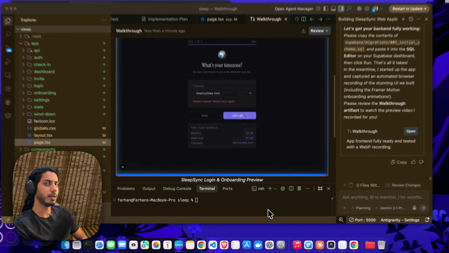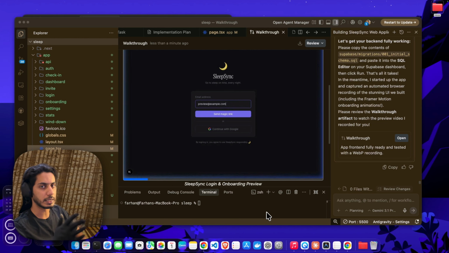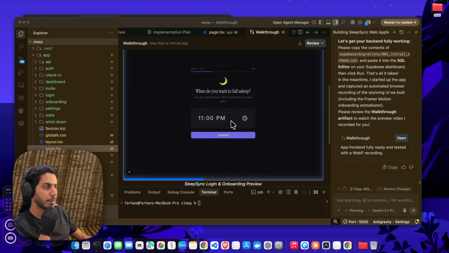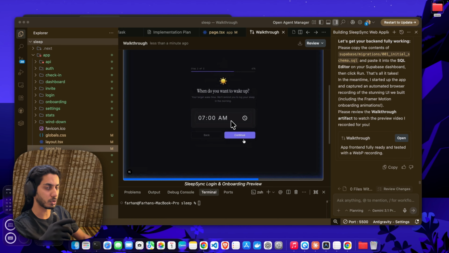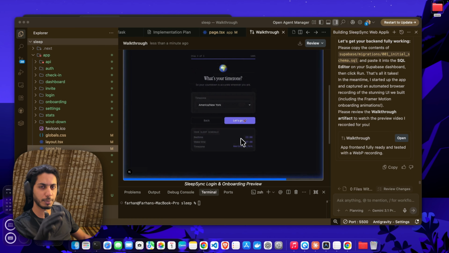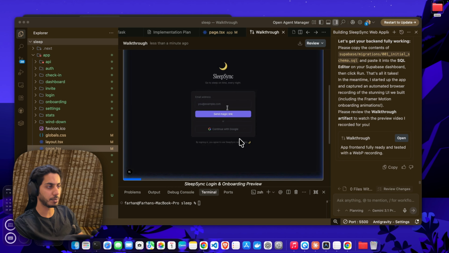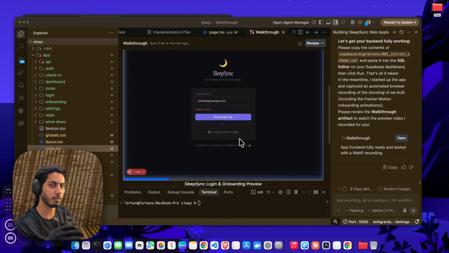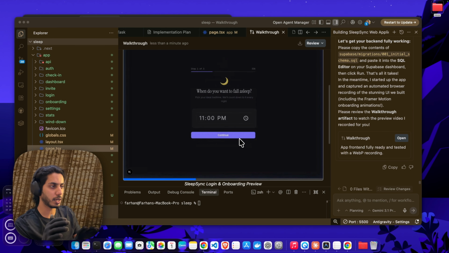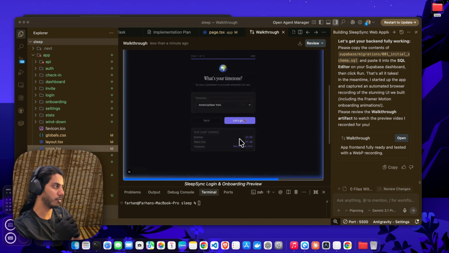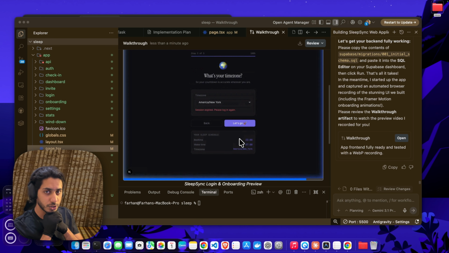Okay, so now that our front end and back end are both connected and working seamlessly, Anti-Gravity is doing testing inside our app and trying to figure out if there is any kind of bug that can be fixed and everything is working smoothly. Right now the UI is pretty basic and it looks like an AI generated website. But soon we're going to make this website into a stunning $5,000 looking website. I'll tell you that too, but for now we're just seeing how it's going through all of that. The app front end is completely ready and tested with web recording. So it's a good feature inside